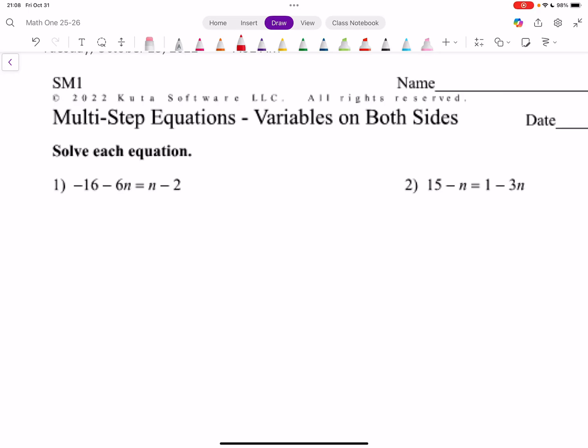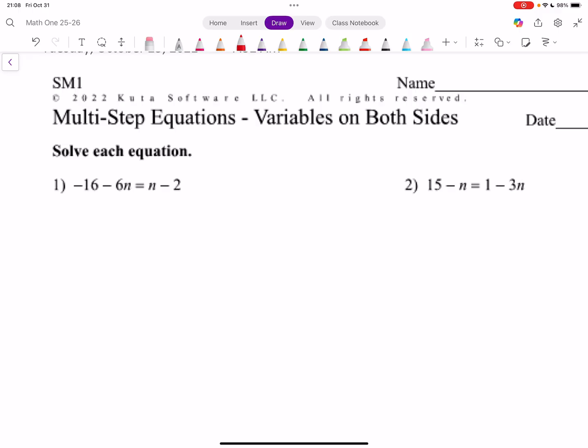In this video, I'm going to demonstrate how to solve multi-step linear equations with variables on both sides. The learning target is that I can solve a multi-step linear equation with variables on both sides. The language target is that I can do this when, provided with a multi-step linear equation with variables on both